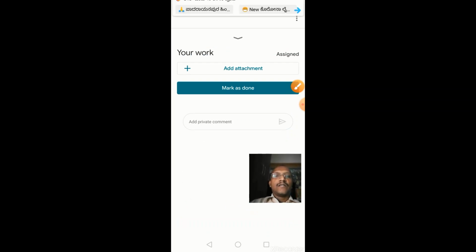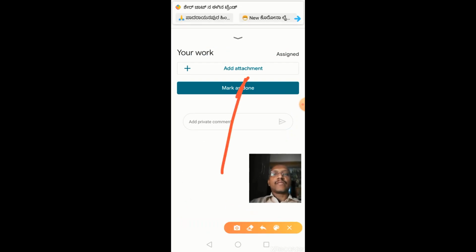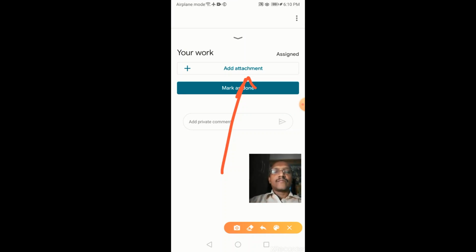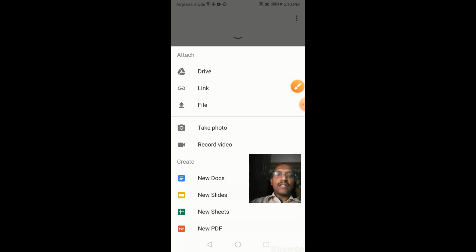Now you can see there is a button, add attachment. Correct? There is a plus mark and add attachment. Now what you have to do is click on add attachment to reveal a different menu which has various options to upload a file.